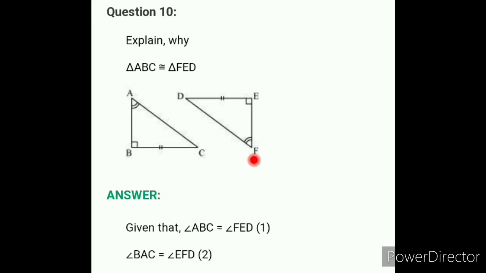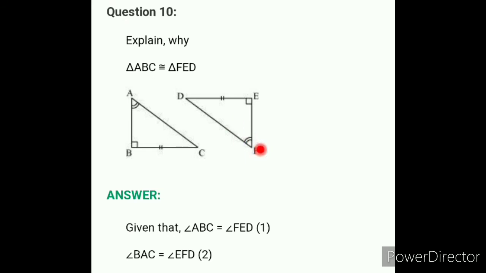Right? And one side BC and another side DE are both equal, as they are marked with an equal sign like that. But for AC and DF, the hypotenuses, they are not given any similarity, so we cannot consider these two equal. Got it? Here see at the angle, they marked using two arcs. Here F is also marked by two arcs, so we can say angle A is equal to angle F. Got it? Yes, like that.